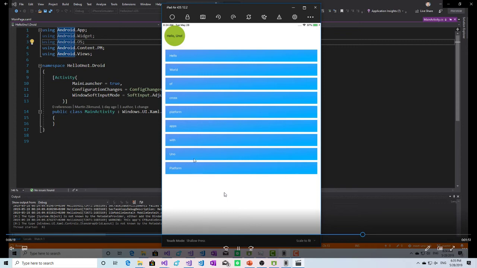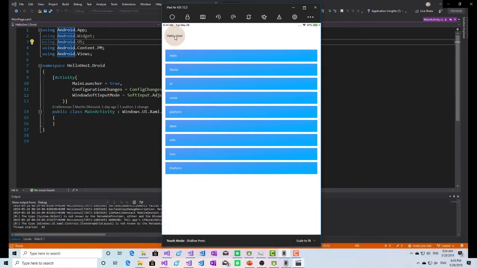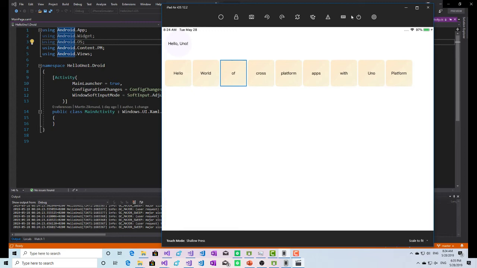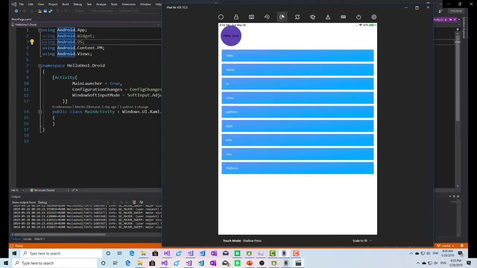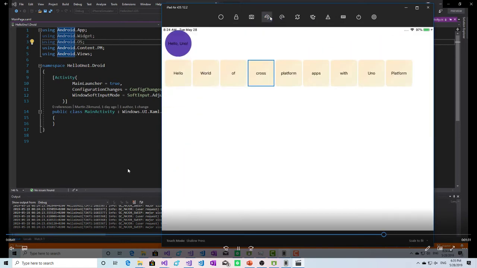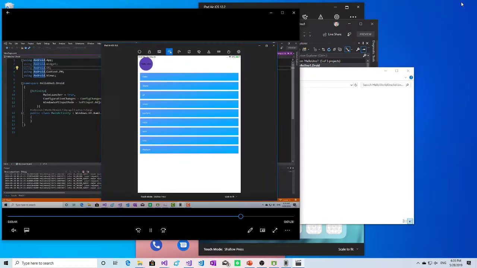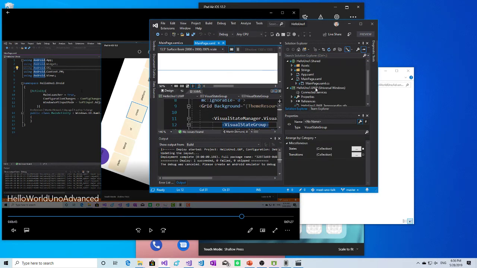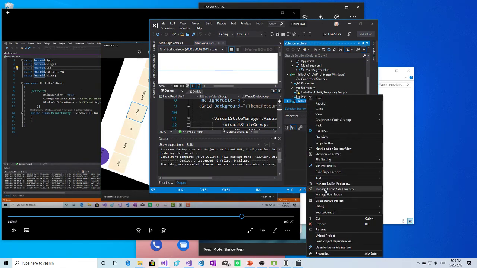Again, here is the list because the size of the iPad is narrow enough. And the button works. And when we change orientation, from the list now is a grid, and the selection support works. You can see the rounded corners. Everything looks the same as on Android and Windows. So that's for iOS. And I will now at least demonstrate the WebAssembly version.